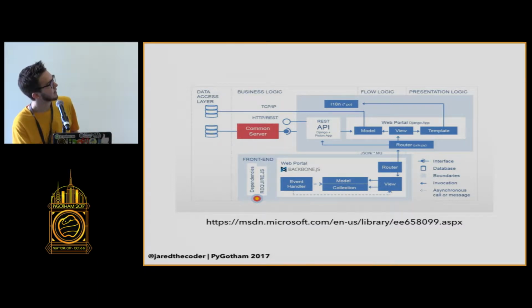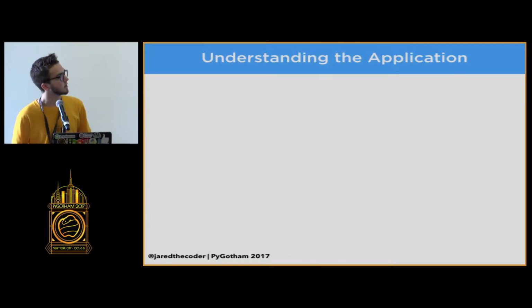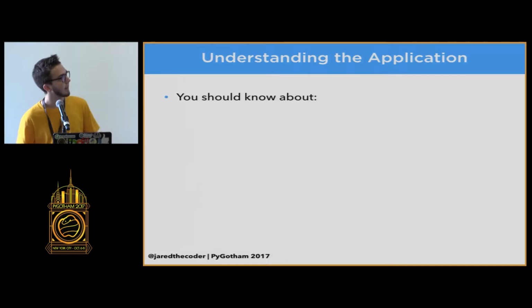You can see here every channel is labeled with the protocol that it speaks over. For example, that's TCP/IP and REST. Through here, it's a JSON API. Knowing these things about your application is the first step to understanding where to patch up vulnerabilities and where to look for those things. So in understanding the application, the order of the things you should look at is,